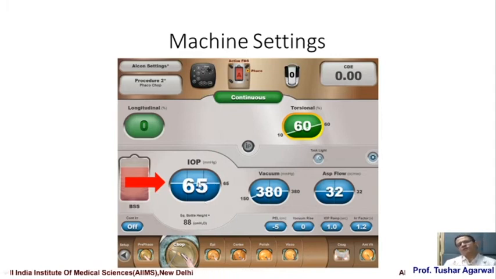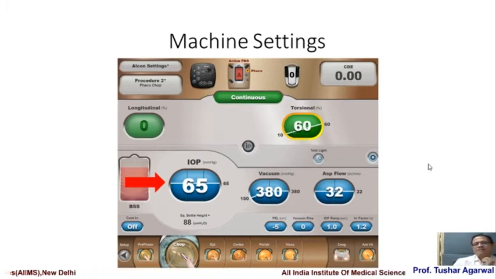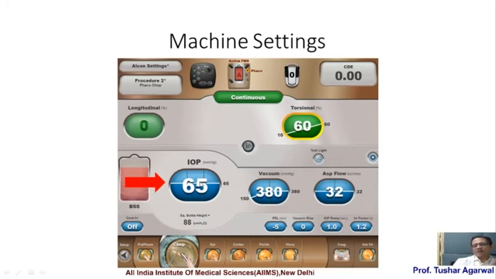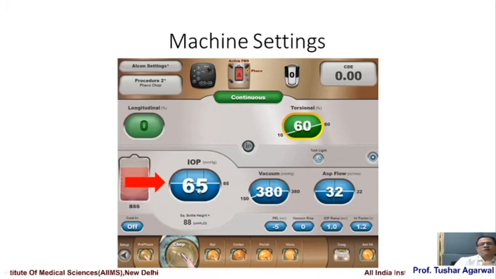So what you have to do is create a baseline level of each setting before you proceed for any case. My recommendation is that this baseline setting should be the same in all cases when you begin. As you start your case with the machine, you see what is happening. And if you have a good understanding of what each parameter does, you can tweak these settings during your case to improve the response of the machine. So in a Centurion, for example, I normally use a setting of around 60 to 65, which gives an equivalent bottle height of something between 80 to 90 centimeters.